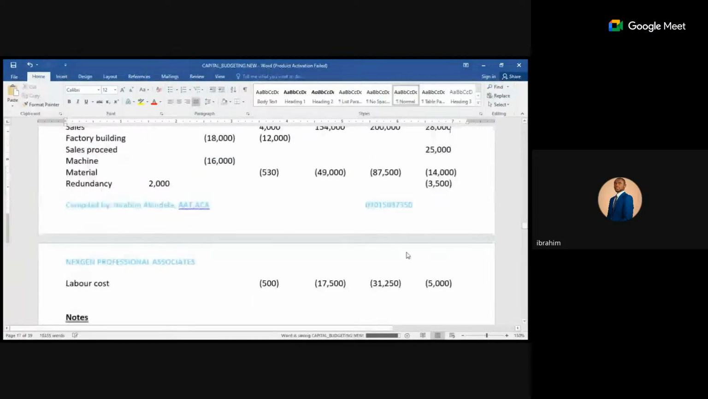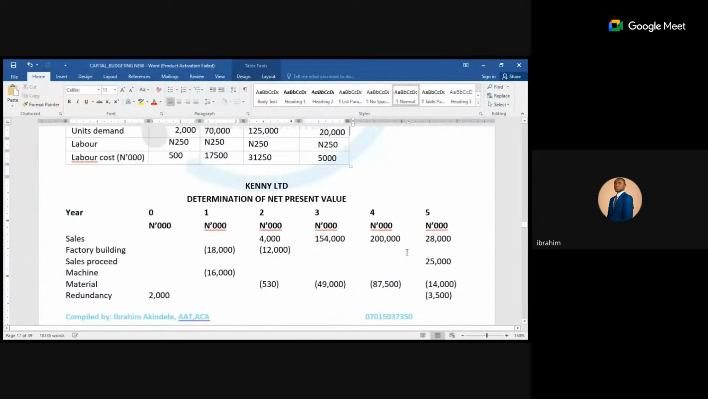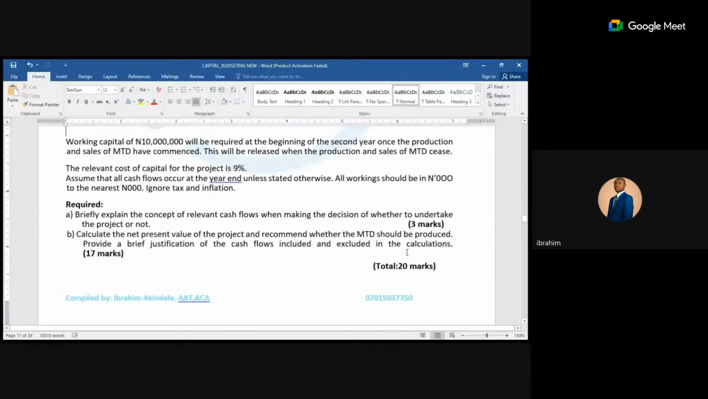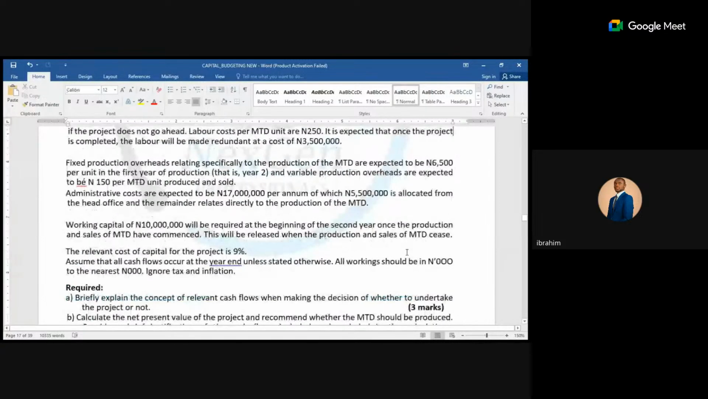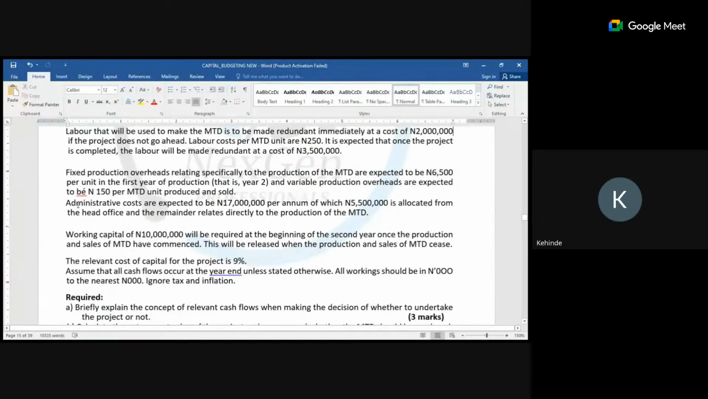Okay. So we can move, right? So do we have any other costs or any other relevant costs? Let's quickly check. We have administrative, before variable, before administrative, we have the fixed production overhead relating specifically to the production of the MTD, expected